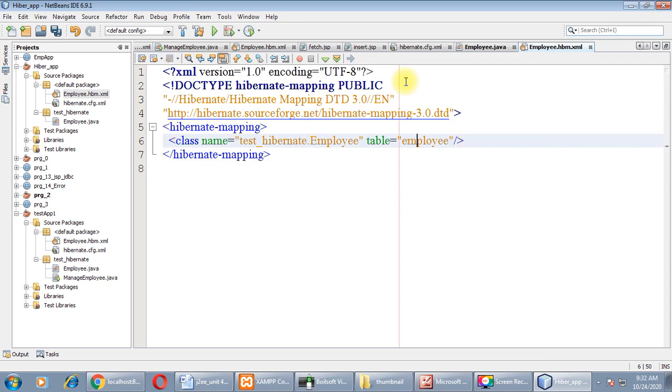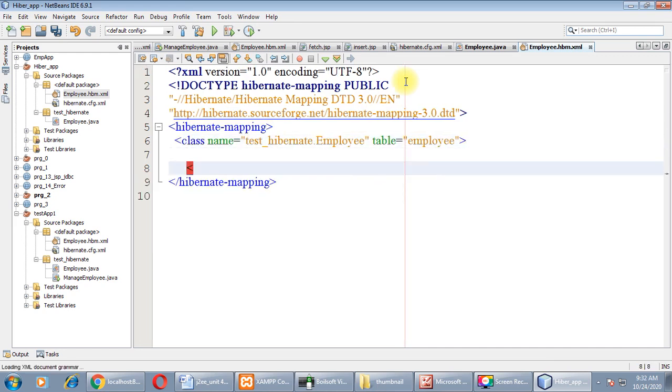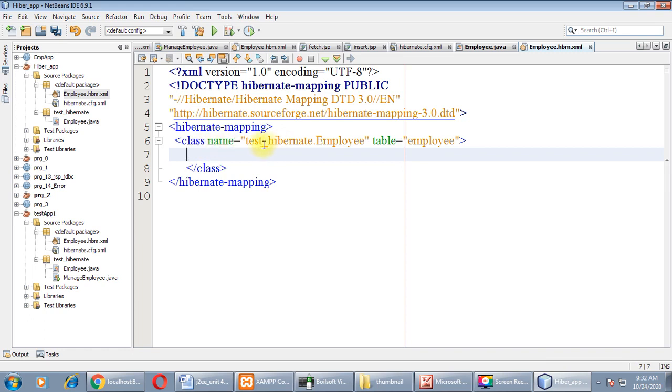So remove this slash and complete this tag over here. Okay, the name of the class is test.hibernate.Employee. We want to map this class with the table employee. We want to map this class with this table, right?